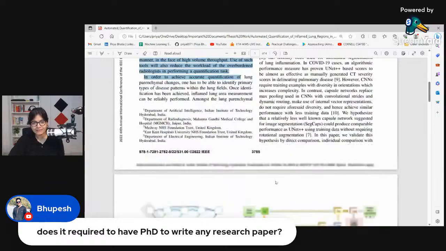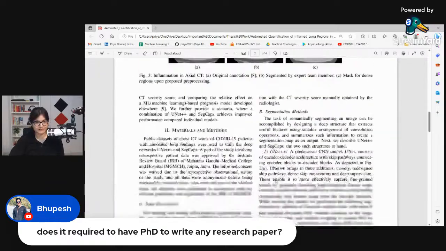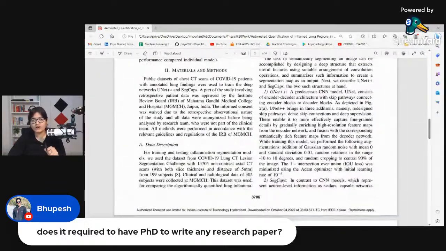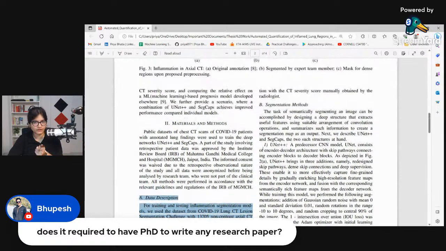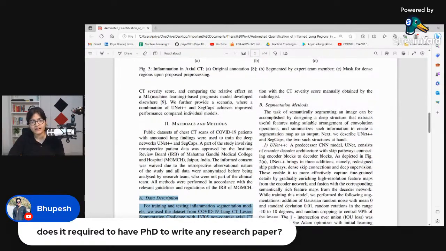After that, the next important thing is the materials and methods. Now, here, if you observe, I have talked about where I have taken the data set from. I have given a description of the data. I have given the link where I got this data set. I got real-time data from this particular hospital. I have talked about that. Whatever data you are dealing with, whether it's real time or for training you're getting from some website, you have to mention that.